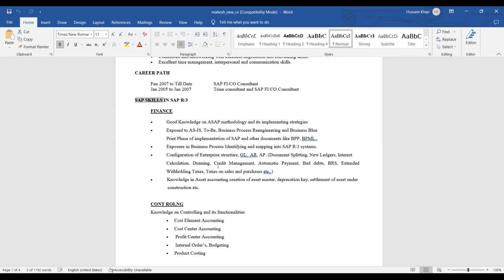So in the first top point, you just mention the skills which you have in this SAP FI and CO domain. Okay. There are a couple of resumes which I will share with you, and from those you can pick up all the skills which you have. And in the first SAP summary, you can mention all the points which you are aware of. Even if you're not aware of some, you can simply mention them, and later when you get time, you go through them and review them. Okay. So let's come to the next point.